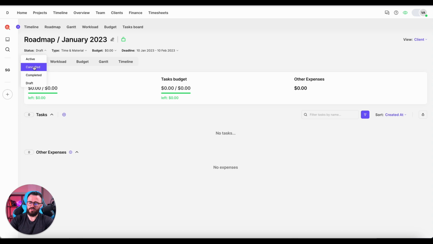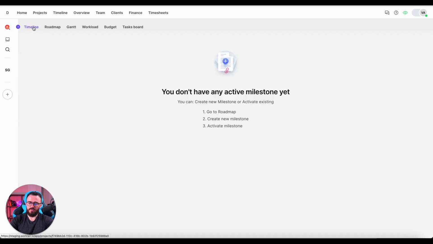Cancelled milestone is just an indication that milestone won't be taken to work and you don't want to delete it. So completed means the milestone is done and it automatically locks and can manually be unlocked by admin or owner. So when you get to this timeline page and you see nothing here, it says you don't have